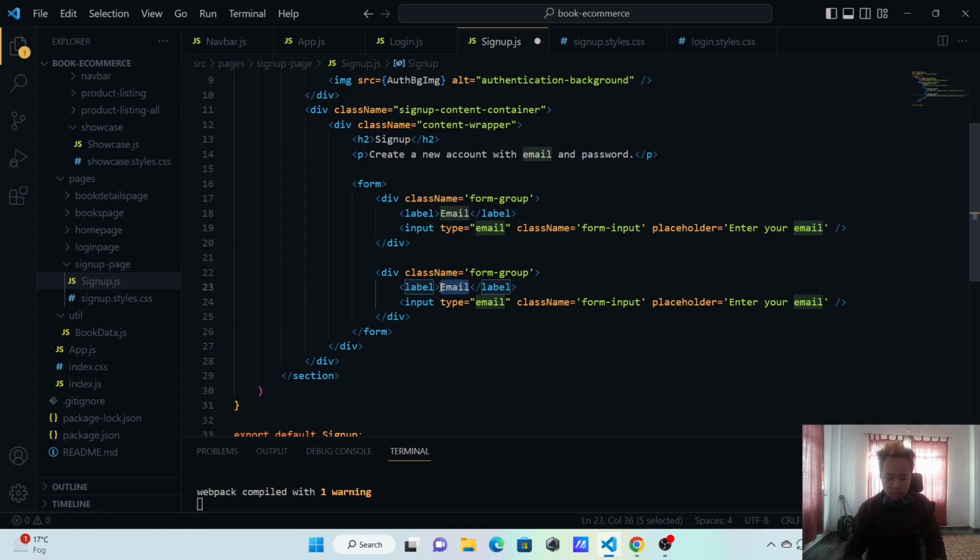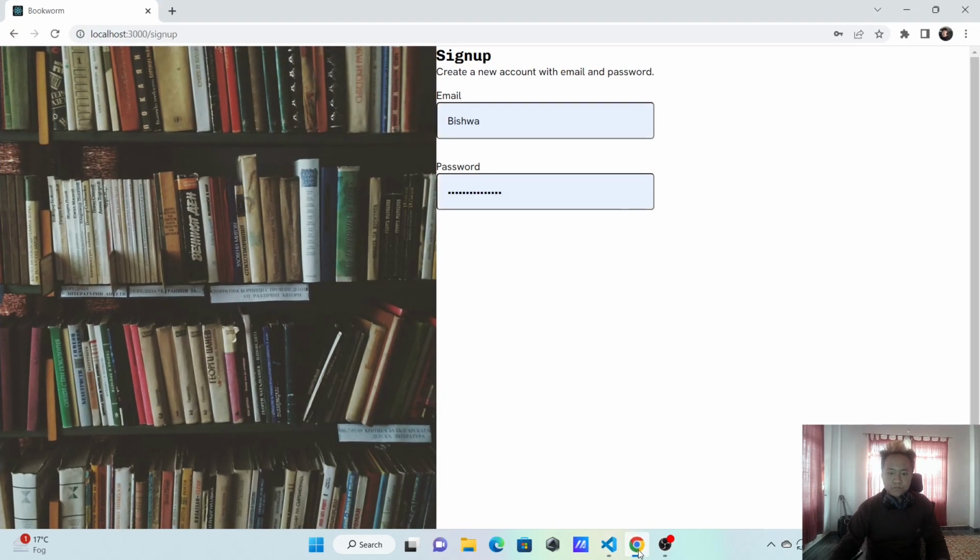Let's add a password over here, password, and in our type attribute we are going to add password here as well. And I think we should change the placeholder and say password, right? So let's just save that and see how this looks. Okay, so we have our user and the password field set up, and as you can see, this is not the normal default styling of the input that comes with the HTML. This is a raw styling, but the reason why we are getting these styles is because in our footer,